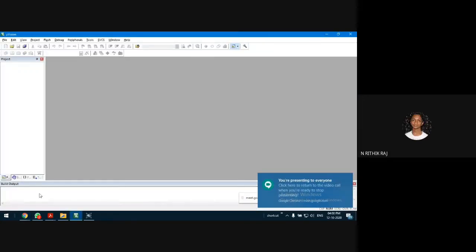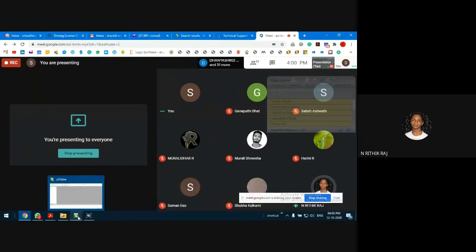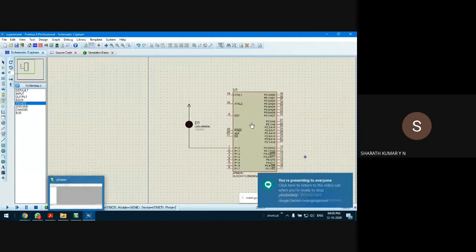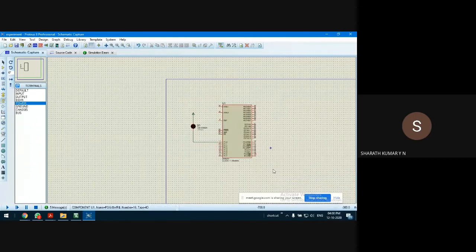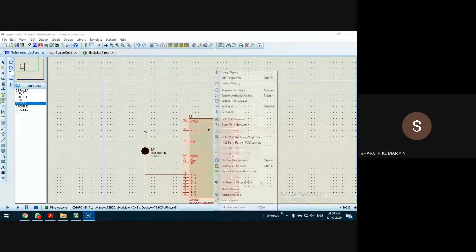Okay, there's the Keil compiler. How to put the source code? Sorry? How to put the program, sir? Okay, fine. How to enter the source code? I think that is your question, I guess. So for that, you see this controller, right? Right click on the microcontroller IC. At the bottom, you see edit source code.